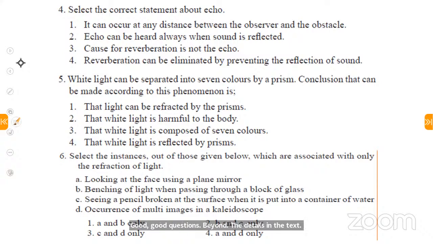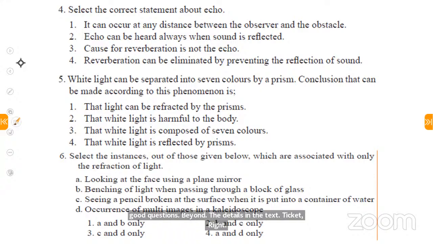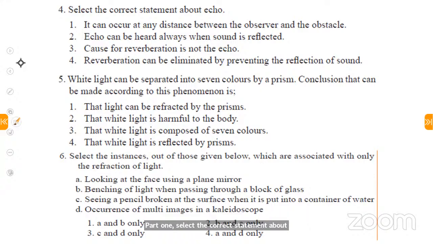Right. Fourth one, select the correct statement about echo. It can occur